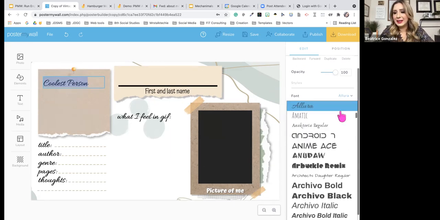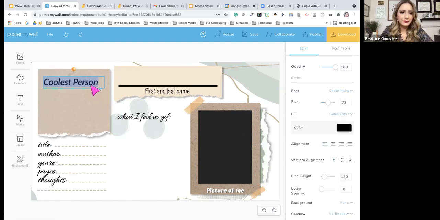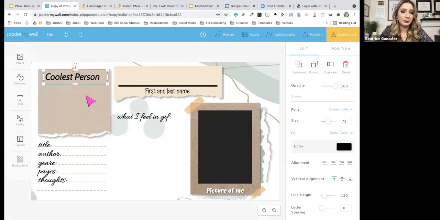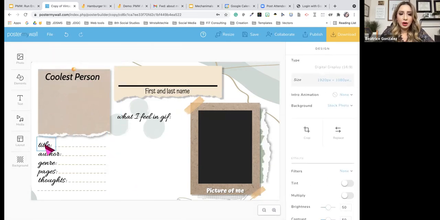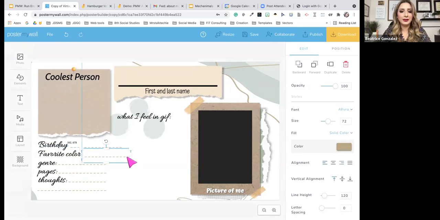So here, and again, you can change the text. Here we go. So just like that, I know we can make it better, but for the sake of time, all we have to do here is birthday. And I'm not going to change the font, like I said, for time purposes. Birthday, favorites, color. And all I'm doing is adding and moving it over, and the kids will be able to customize it, right? To fill it out. Favorite food.